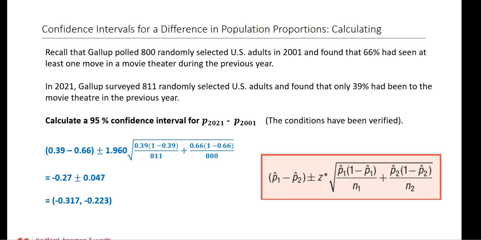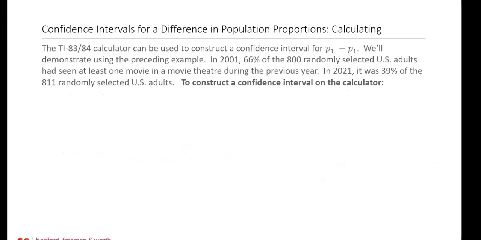So really, I think we'll get to this, but lots of times we're trying to figure out if zero is in that interval or not, because if there's no difference between the two, zero is going to be in the interval, right? If zero is in the interval, that's a plausible value. There's nothing going on here. If zero is not in the interval, this tells us something. We've got to figure out what it tells us. Does that mean we watch more or fewer movies now? You've got to think about how you subtracted there, but you're going to use that. So,